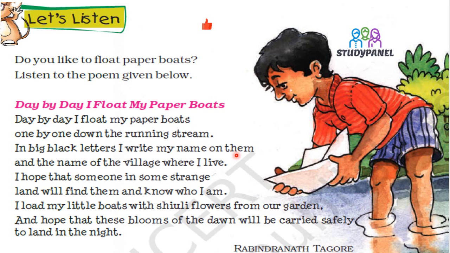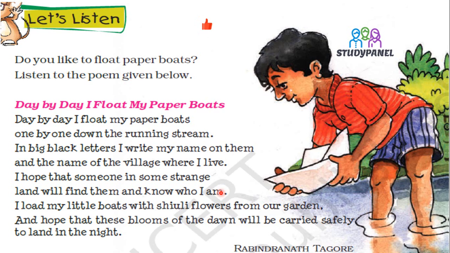वो क्या करता है कि जब रेन होता है उस समय स्ट्रीम में जैसे झरना जैसा पानी जाता है, तो उसमें अपनी पेपर बोट बनाते हैं और उसके ऊपर बिग ब्लैक लेटर्स में उनका नाम लिखते हैं। And the name of the village where I live, और साथ में ये भी लिख देंगे कि हम लोग कहाँ पर रहते हैं। I hope that someone in some strange land will find them and know who I am. वो जिसके हाथ में कोई स्ट्रेंज लैंड में बहते बहते पानी में जाएगी बोट,